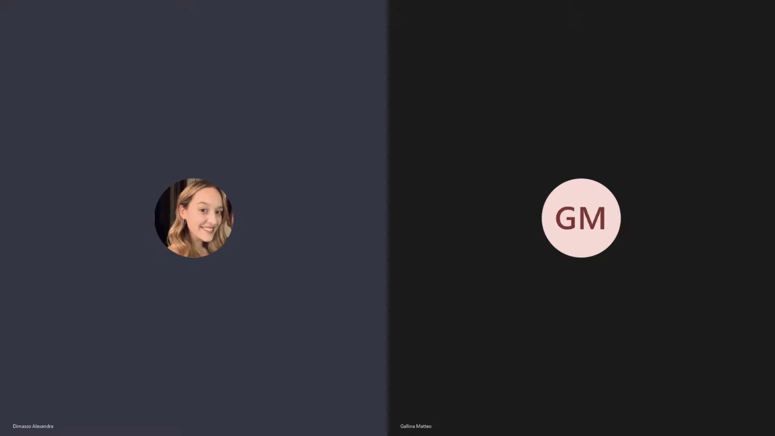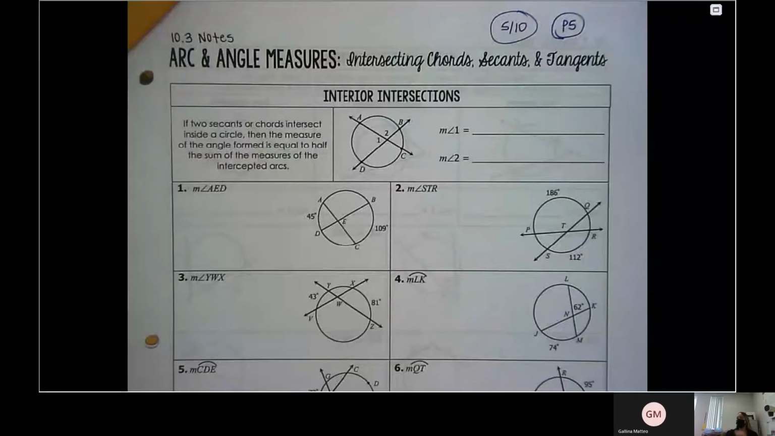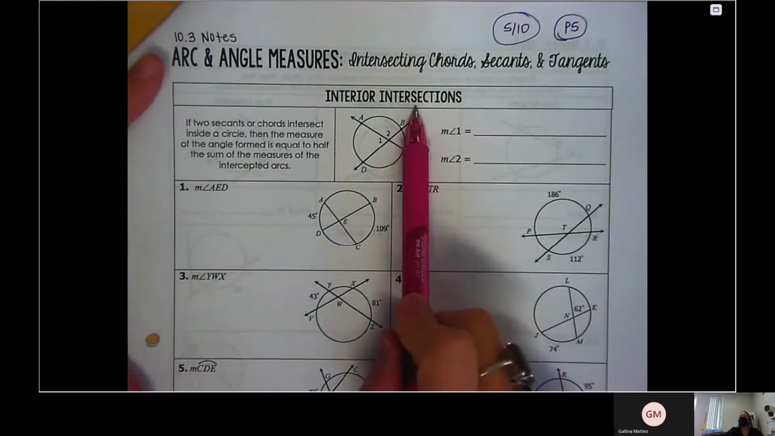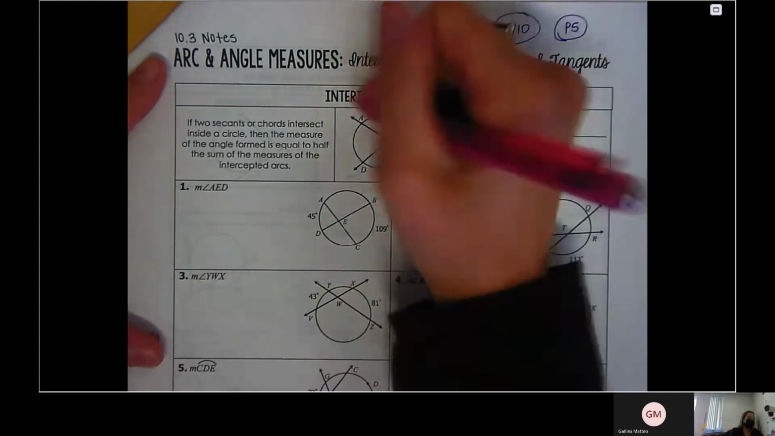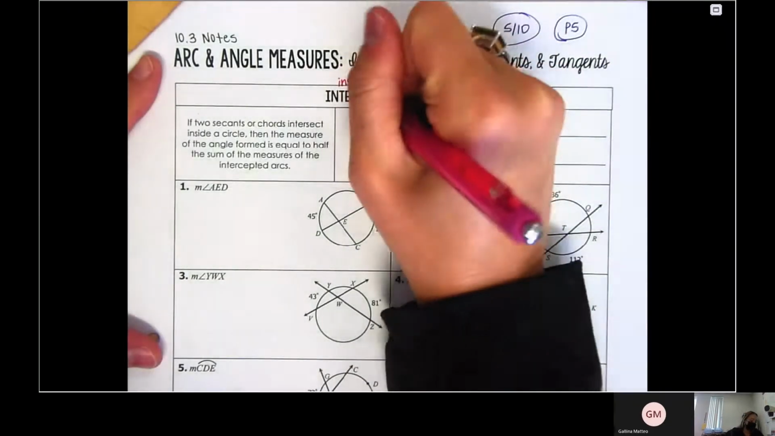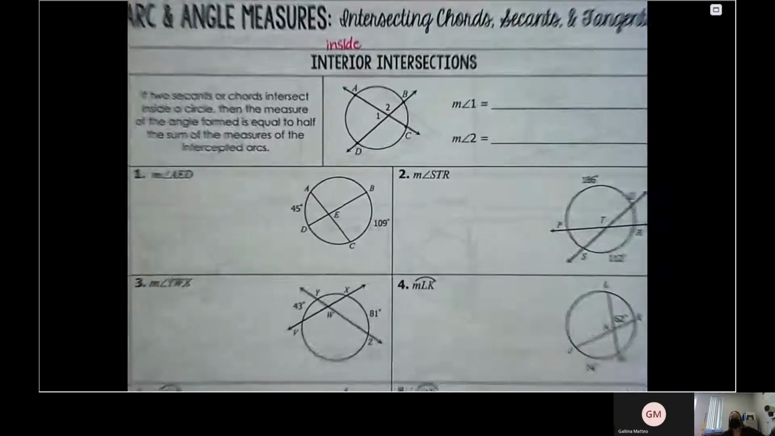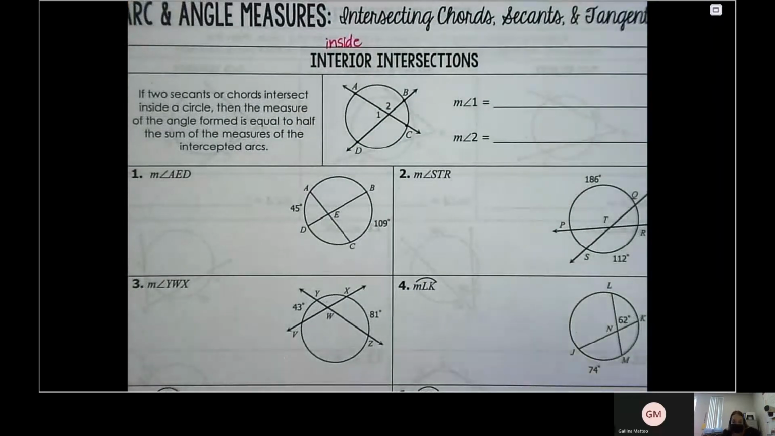The word interior, what does that mean? Inside. Okay, good. So we're going to start by talking about pieces that cross over each other that are on the inside of the circle, and that's really important. That's on the inside. So in my first picture here, it says, if two secants or chords intersect a circle,